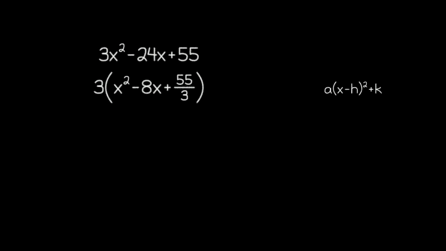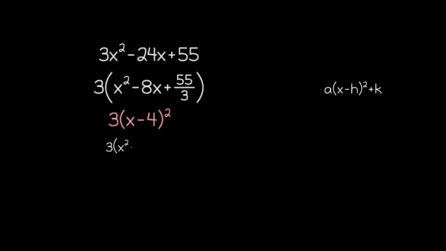From here, we're ready to make our first guess. We'll start by focusing on the quadratic inside the parentheses and identify that we'll get the correct linear term if we use x minus 4 squared. Then, we'll just make one change to our initial guess, which is to put our a value in front of the perfect square. At this point, we're ready to check our guess by converting it into the standard form.